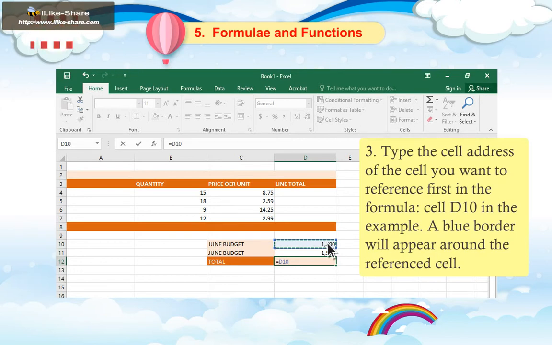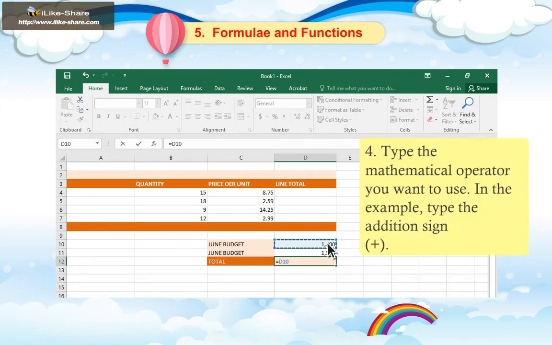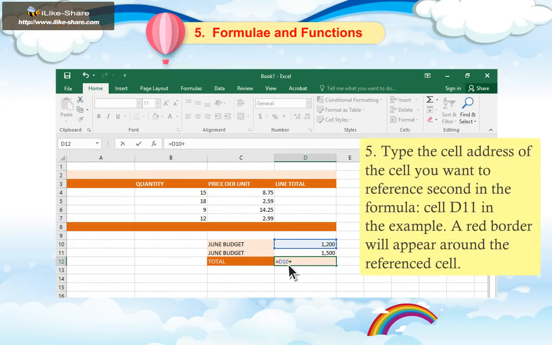A blue border will appear around the referenced cell. 4. Type the mathematical operator you want to use. In the example, type the addition sign. 5. Type the cell address of the cell you want to reference second in the formula, cell D11 in the example.